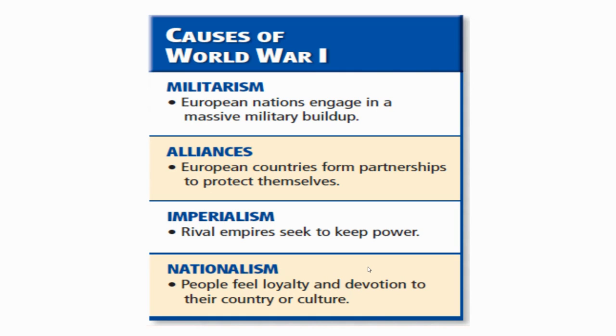You had alliances, which is the idea of partnering up or aligning yourself with another nation because you have some kind of mutual understanding or a shared resource. Europe is going to be breaking up into teams. Imperialism is a theme we've talked about for a while in world history: the idea of building empires, trying to have more land and territory than your neighbors. And finally, nationalism, the pride that you have in your people or your country.